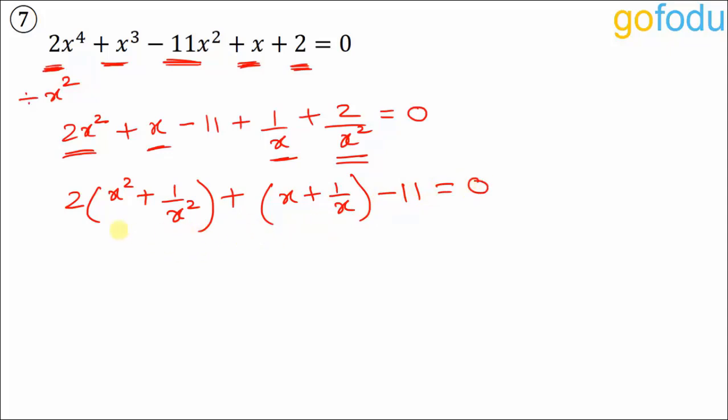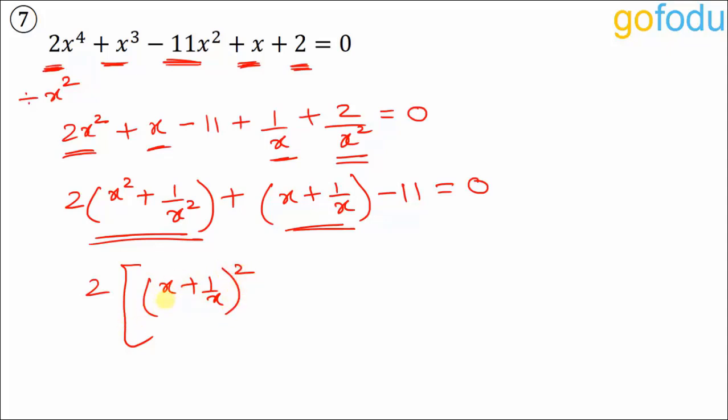Again, I will try to create this term using this term. So this is nothing but 2 into x plus 1 upon x whole square minus 2, which is x square plus 1 upon x square, which we want, plus 2 will come extra here, that we will subtract, plus x plus 1 upon x as it is and minus 11 as it is